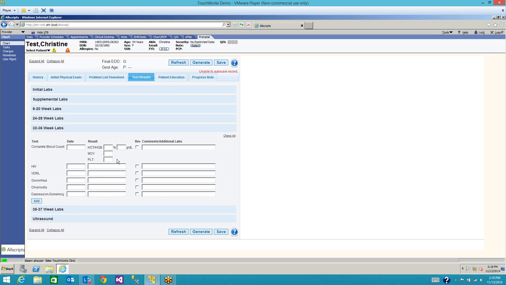And the way that we know where a particular result should show up, whether it goes into initial or 24 to 28 or 32 to 36 weeks, is based off that LMP and final EDD. We pull across all of these lab results, and they populate this form. The way that we do that is